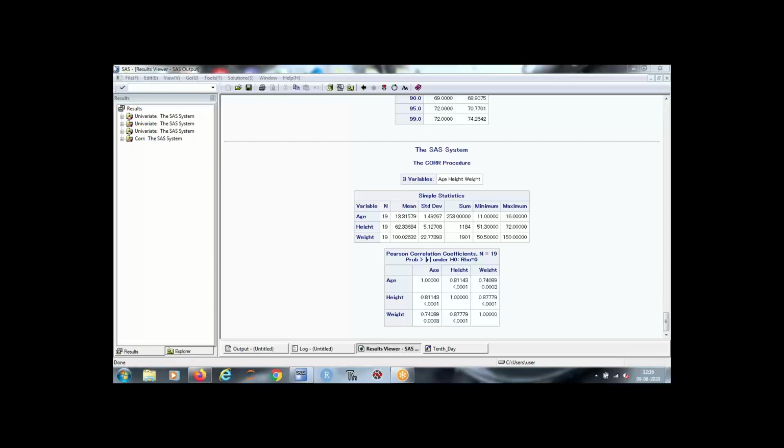And minus one means perfect inverse or negative correlation. And zero means, Oshin, what does zero mean?